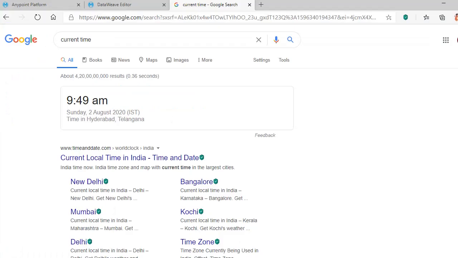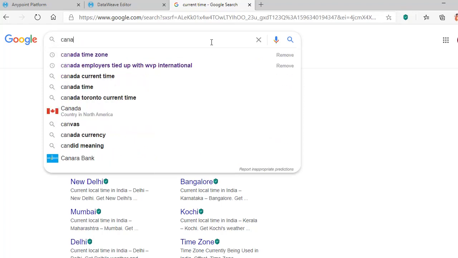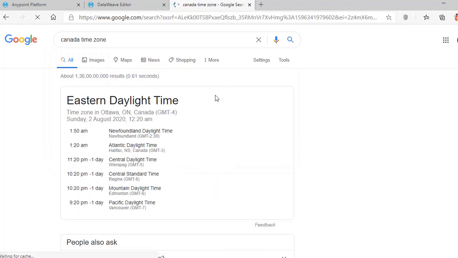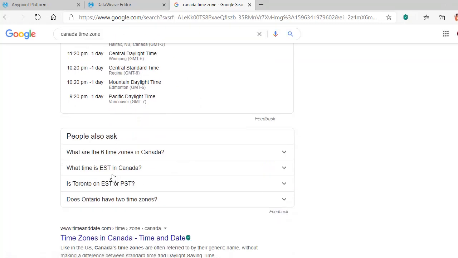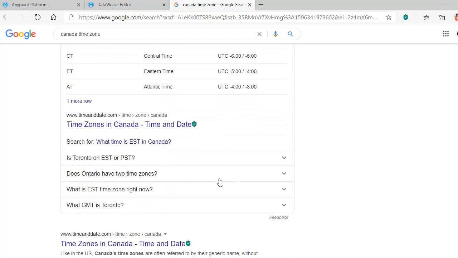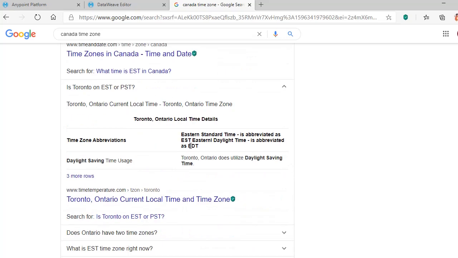What if you would like to get the time of Canada? You can just search for Canada time zone. I just wanted to show you different time zones. Okay, so Canada time zone is EST. Okay, let's copy this. Actually, you can take it as EDT.